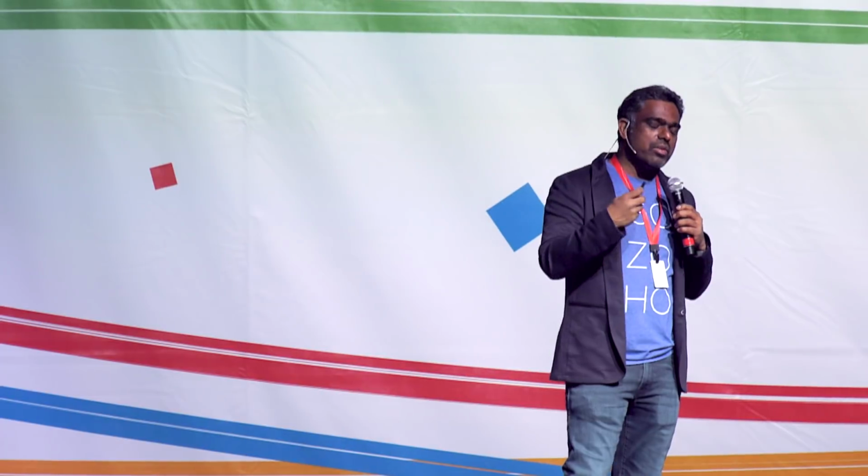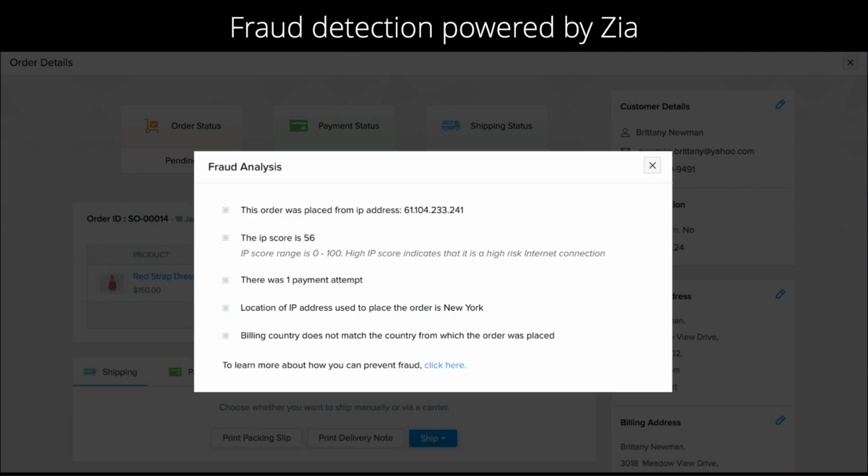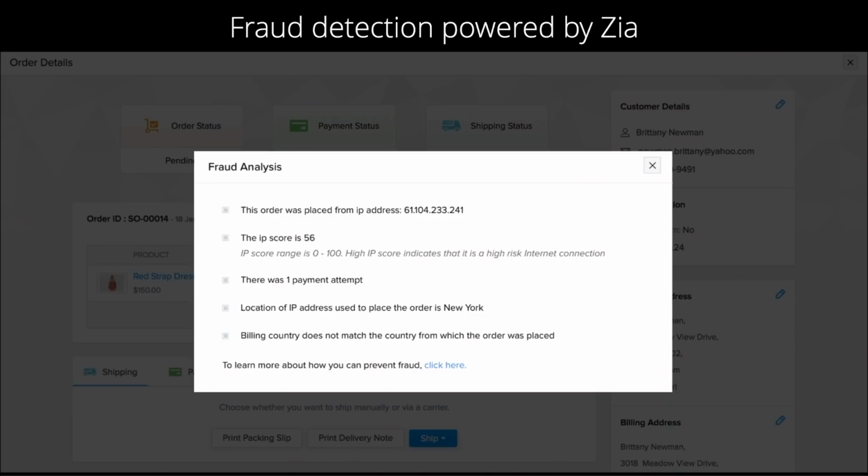We maintain the list of these spam IPs, and we combine that information with third-party IP information, and we apply that information for fraud transactions as well. So whenever the shipping address is different from, say, the billing address, and if the transaction has come from one of those spam IPs, then we alert it as a possible fraud transaction, and that is one use case, and we take care of several such use cases in the platform.